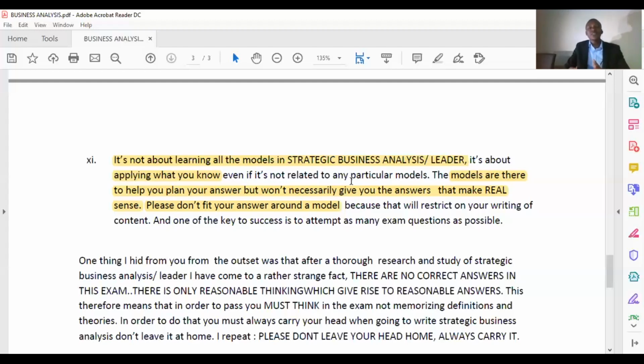So even without a model, I've interviewed lots of students, and I've been able to see that most of the students have passed without using any model in the exam. I've had a lot of students with this particular paper, and they'll be able to tell you that actually most of them have just passed without using any single model, and they passed, they made it. So you don't need a model to pass. Remember that point.